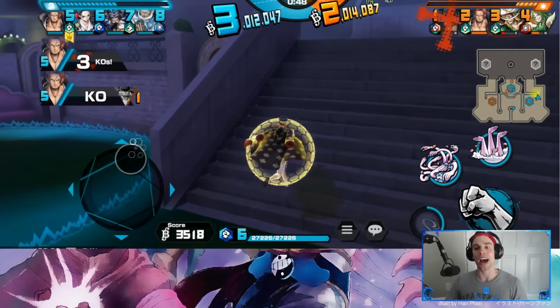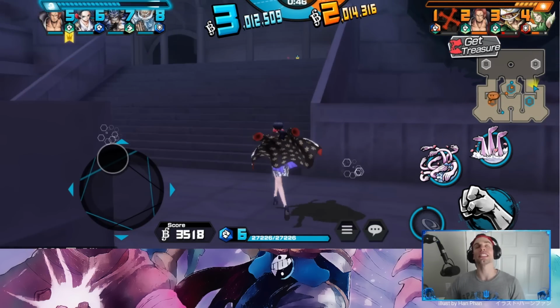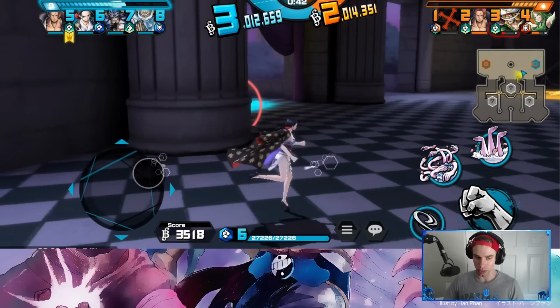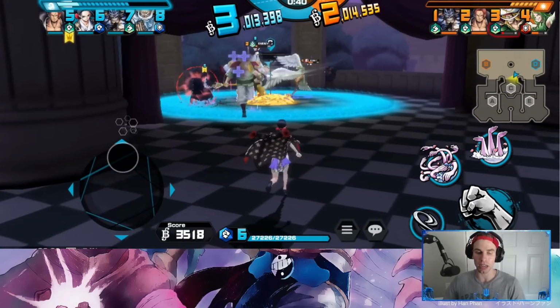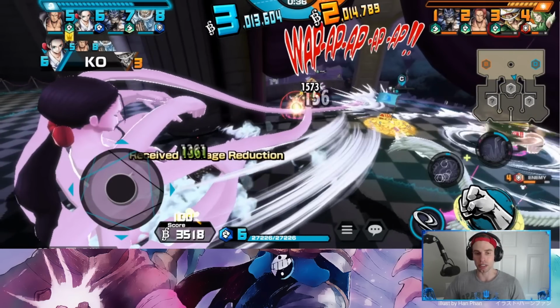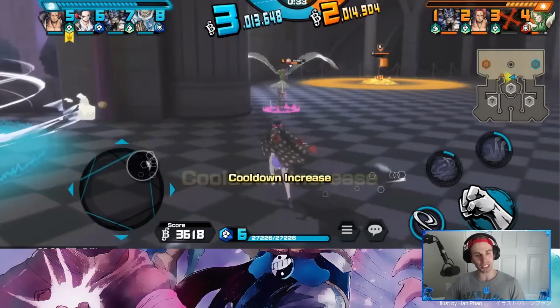Let's go. Now, I don't particularly think Robin's an insane point booster, but she can hold her own in terms of getting a solid amount of points. You can still pick up a good 6K score with her. You're just not going to be getting the free extra scores. God, we do so much damage to that